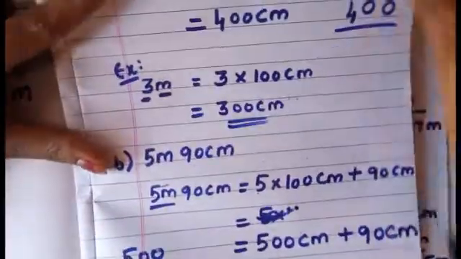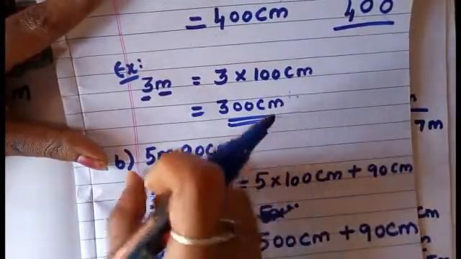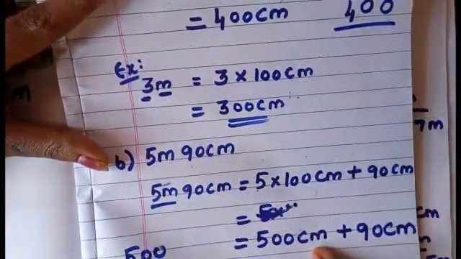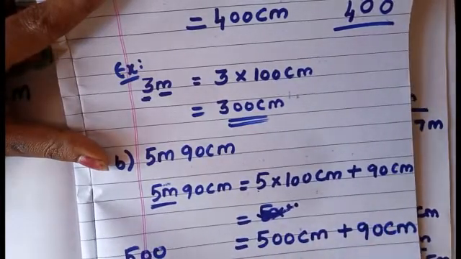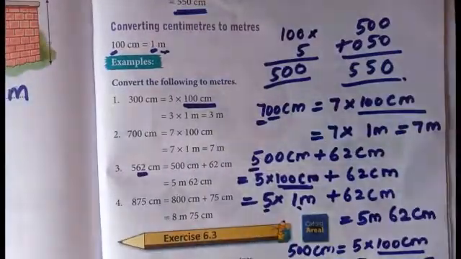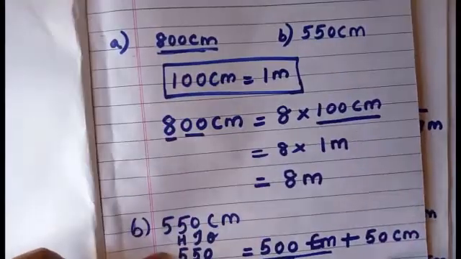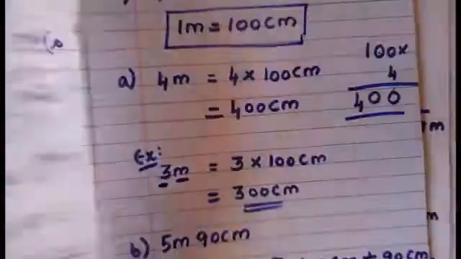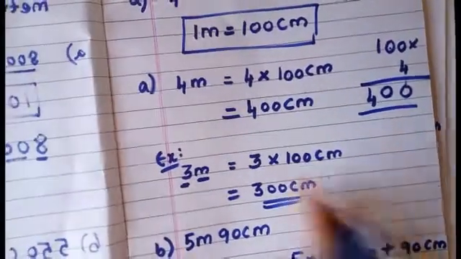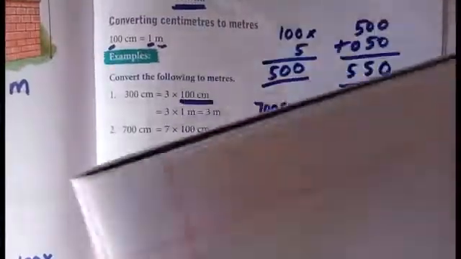Understood everyone? So what you understood from this? You have to learn this formula. Like this means no need to worry about this 90. 5 meter you have to convert. Then you have to add these both and write this one. Understood? This is the answer. So today what we learned? Meter and centimeter we learned, right? Centimeter also 2 types are there. With that 2 types you will learn. Meter and centimeter. So today I am giving this little portion only. Okay, understood? So you have to learn. Then I will give homework for you.